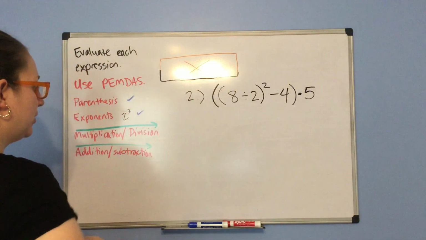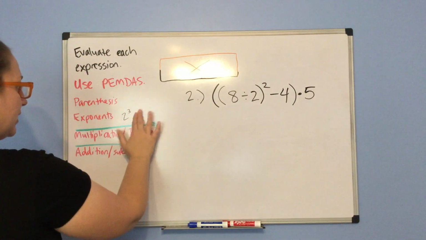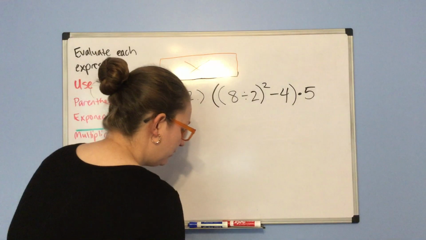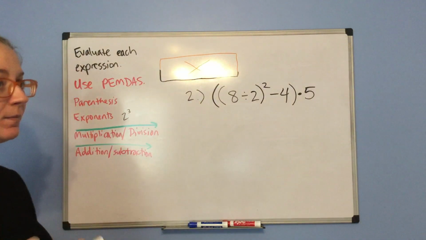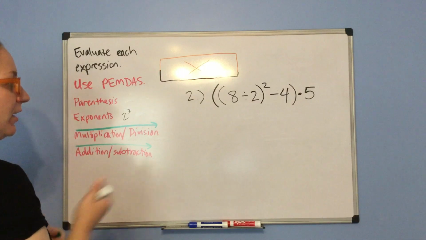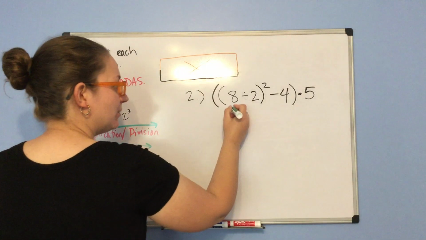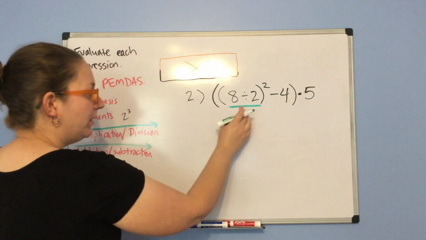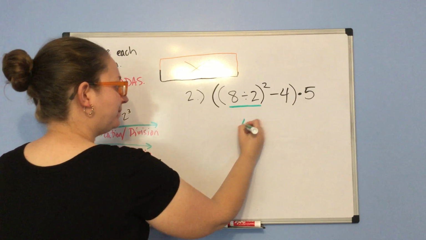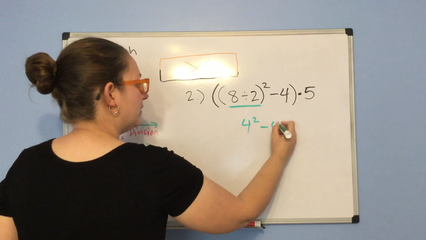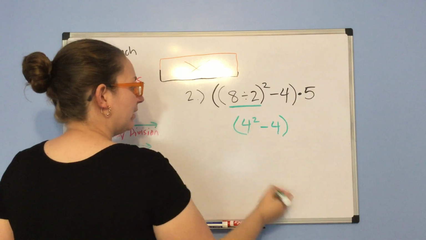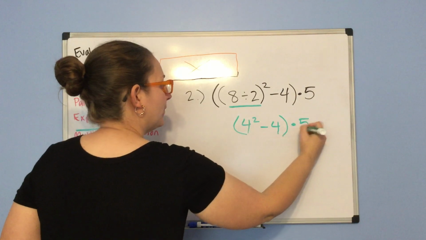Okay, so we're going to go through our order of operations just like before. Notice that we do have parentheses, and in fact, we have parentheses inside of parentheses. When that happens, you start with the very innermost set of parentheses, which is this right here. 8 divided by 2 is 4. There's still a squared on that number. It's still inside this big set of parentheses with the minus 4. And then times